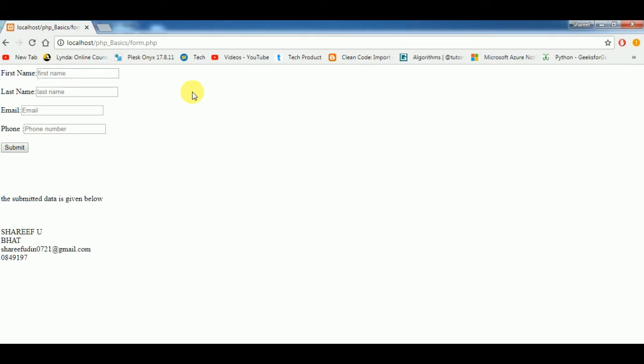Now, in this video, we will discuss two things about this form. First is when we submit the data. First, I will reload this form. So when we submit data and click on the submit button, you can see data is displayed here. That's okay. But in here, the data is not retained. It is cleared when we click on this submit button. So how to retain data in these HTML elements? We'll first discuss this. So coming to our code file,